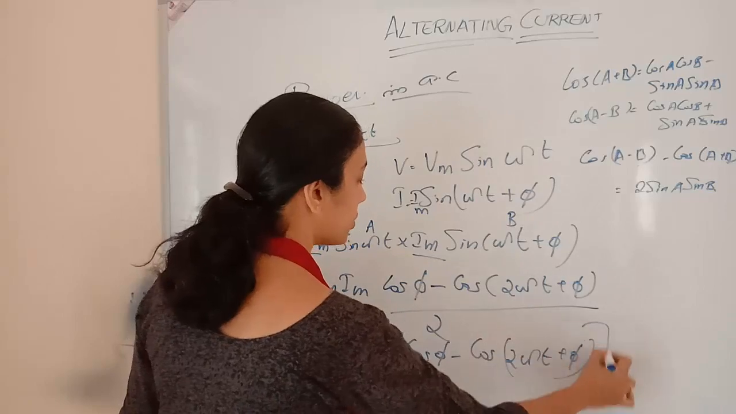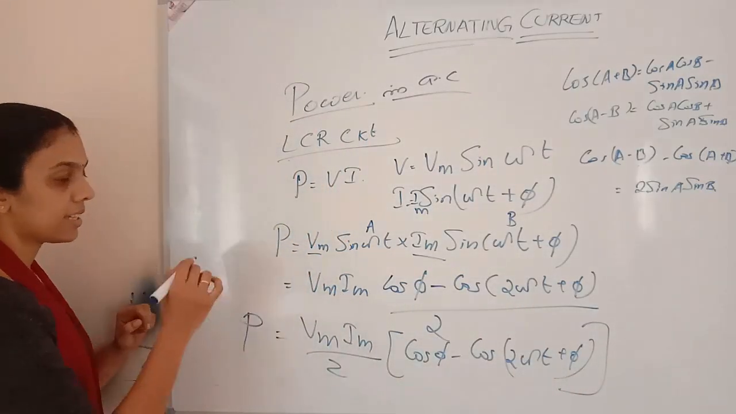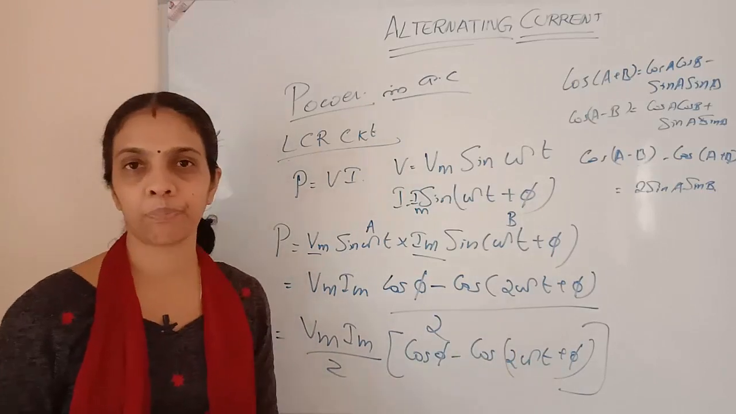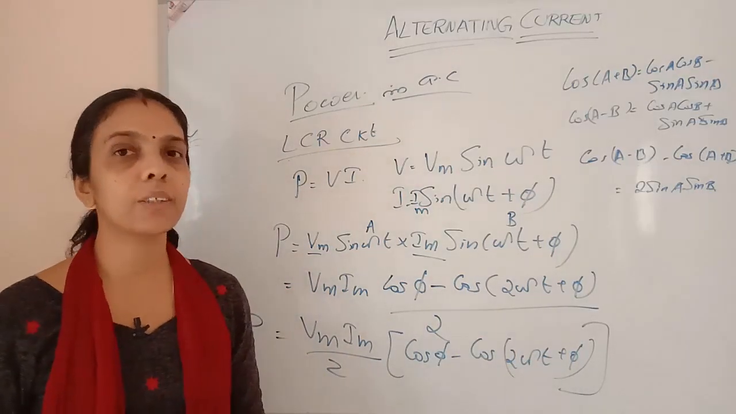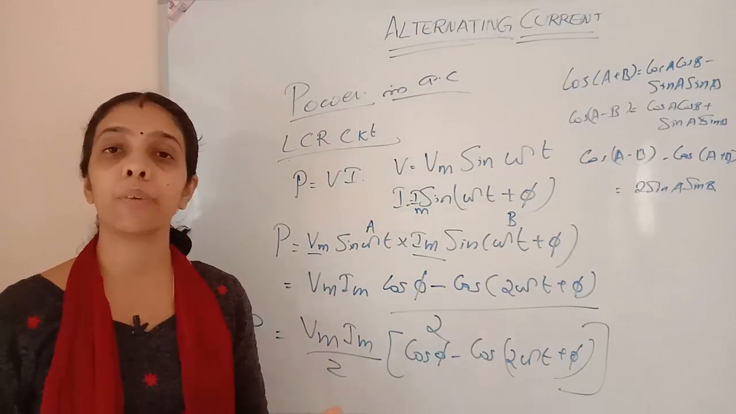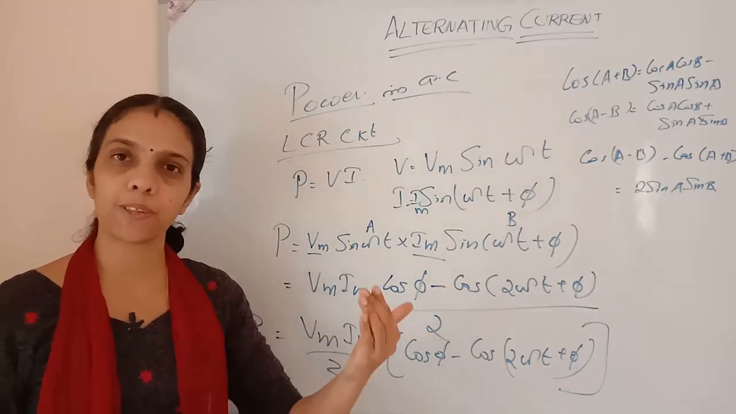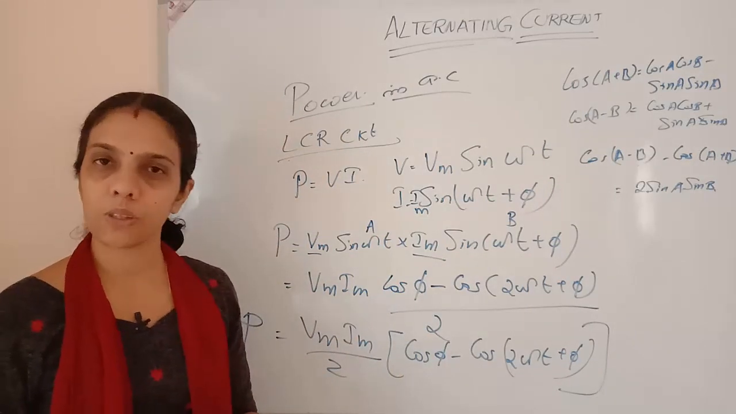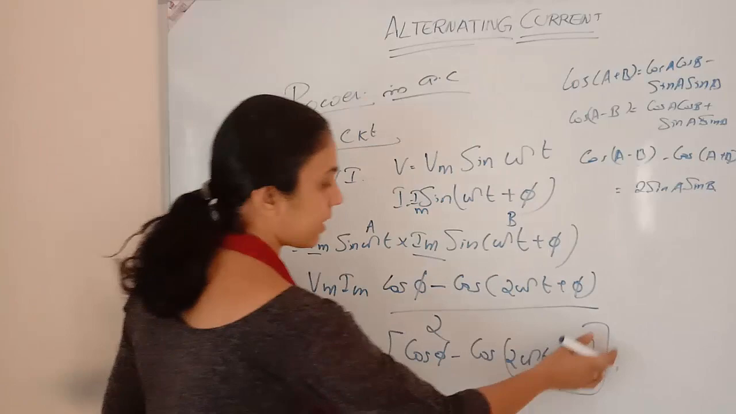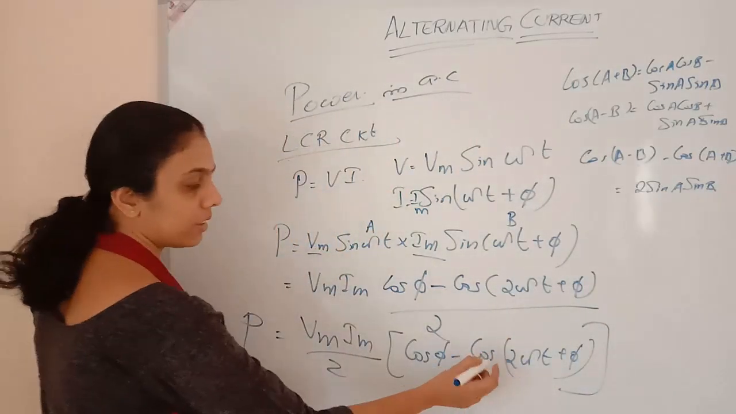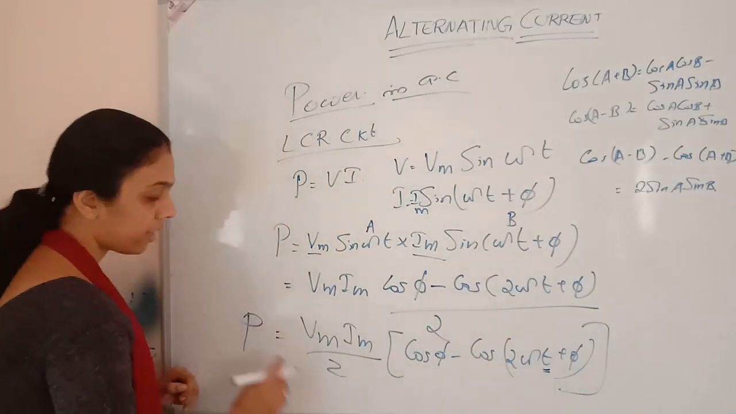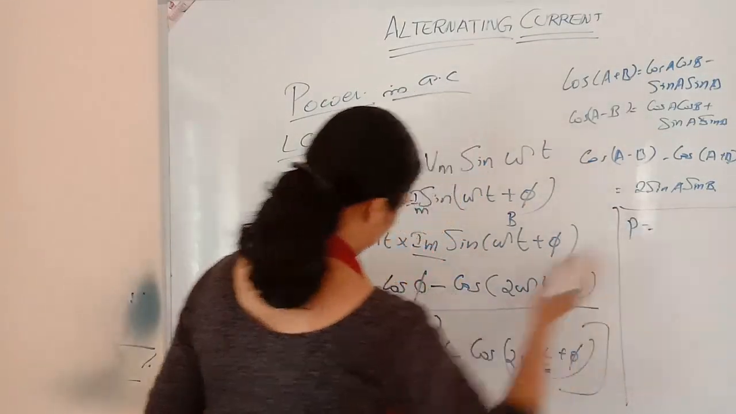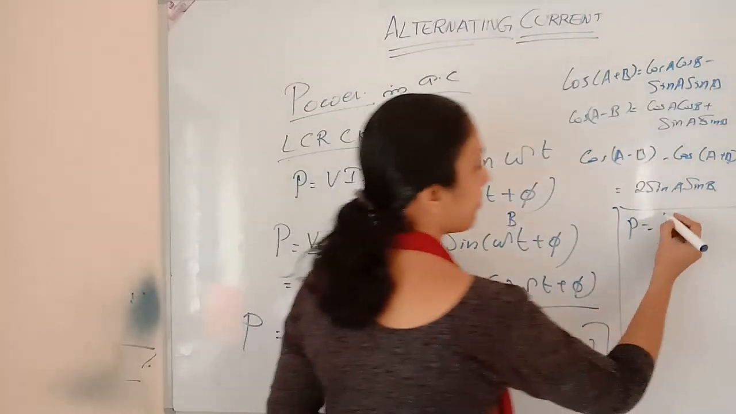While looking at this equation, we can understand that the second term is a function of time. Since this is an AC circuit, what will be the average power when we consider the positive half cycle and negative half cycle? The average of that term will be equal to 0. So there is no need to consider the second term which includes the time. What remains is P equals Vm Im by 2